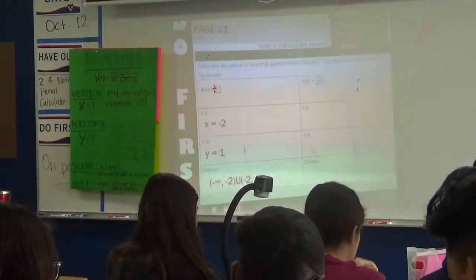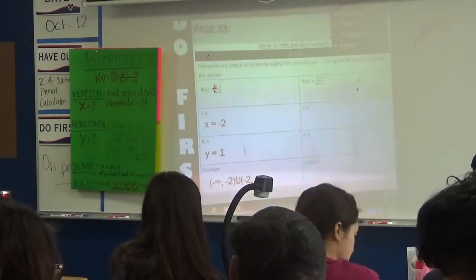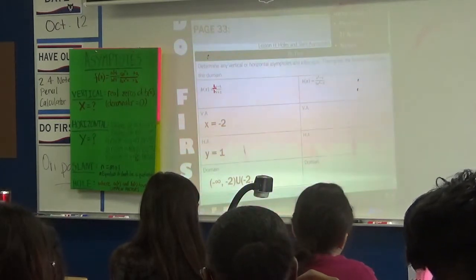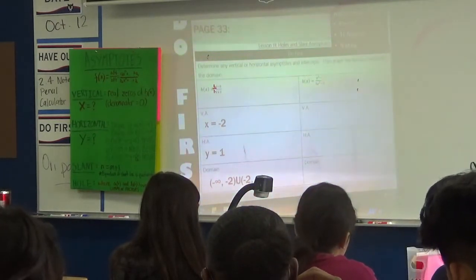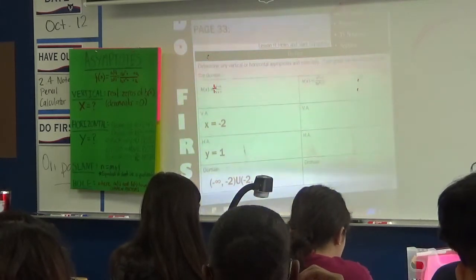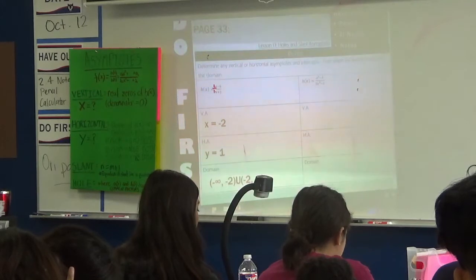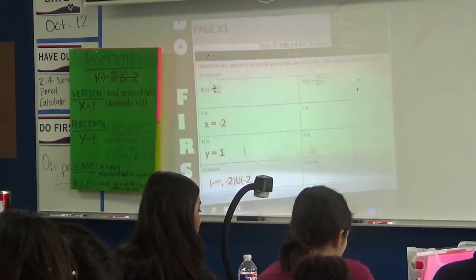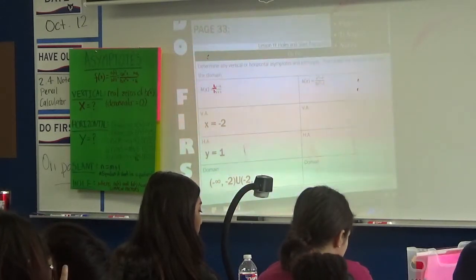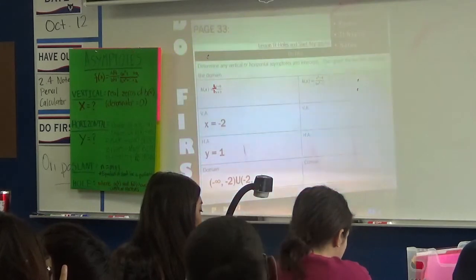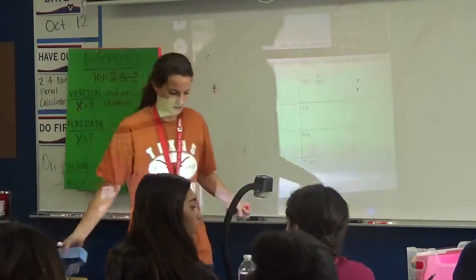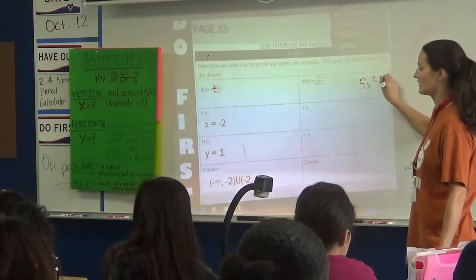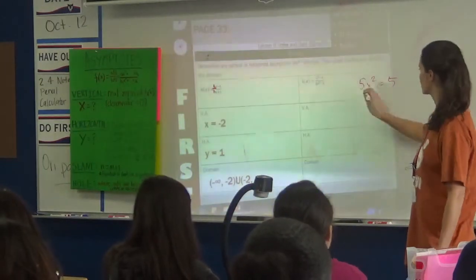For the next one, setting the bottom equal to 0 for your vertical is going to be a little more challenging. So I recommend, if you can't see it, literally set the bottom equal to 0 and see what you get. So everyone, if you haven't already, set 5x squared minus 5 equal to 0. Then add over the 5. You can be writing this if you haven't already done this one. And you'll have 5x squared equals 5, right? Then we're going to divide by 5.